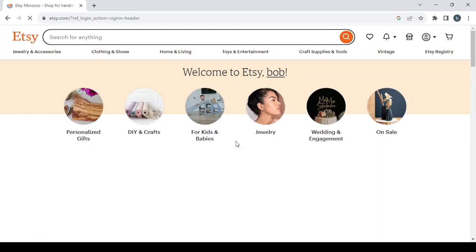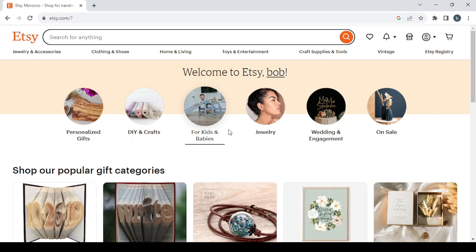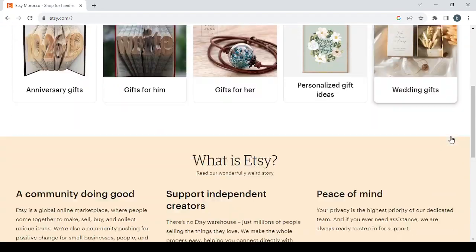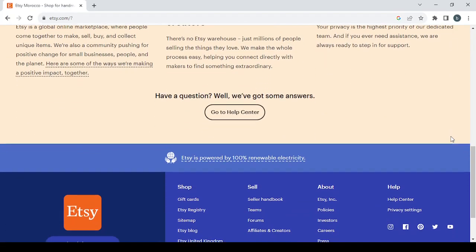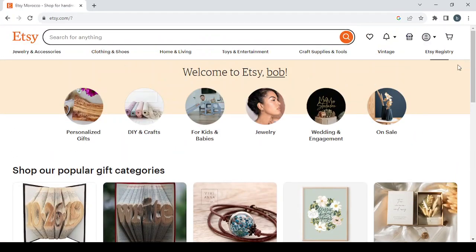and then as you can see, this is the dashboard where you have the personalized gifts, DIY and crafts for kids and babies, which all are categories. And if you don't know, in this platform you can sell your own products or you can shop other products if you want. So here, let's go to the shop manager in your top right. As you can see, you have this button in here. Click on shop manager,